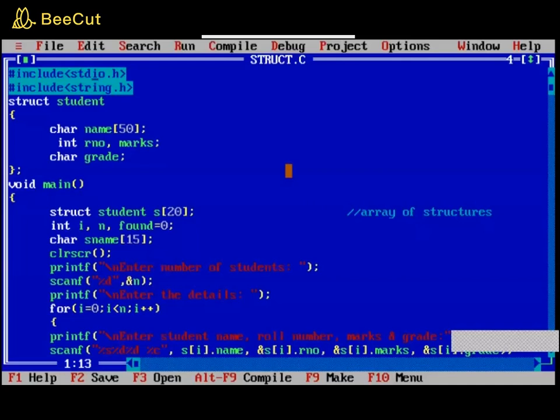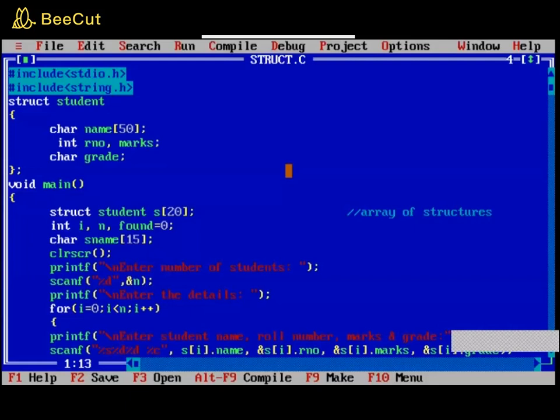So, the aim of the program is you have to create a structure for student details, which will be having the basic information of the student, and then you should be able to enter the details of the students and then to display those n number of students, and also you have to search a particular student's data. That is the rough view of the program, what we are going to do.